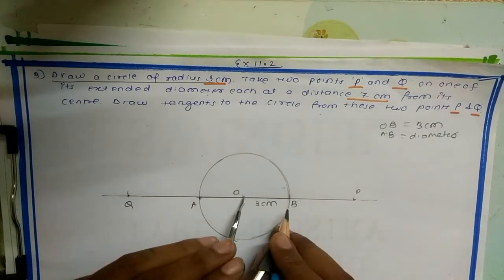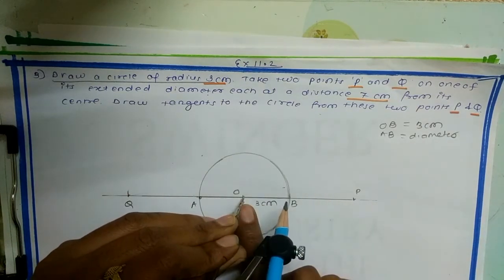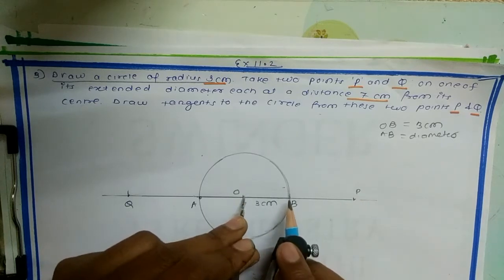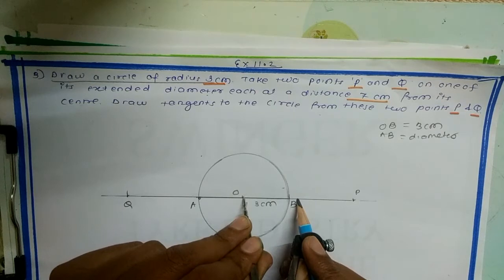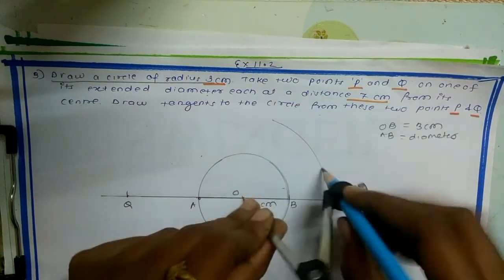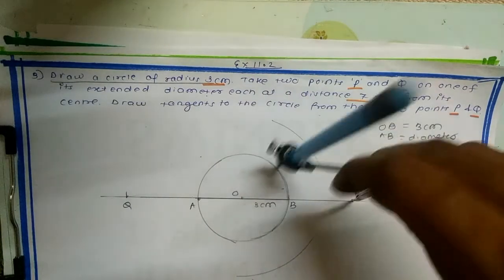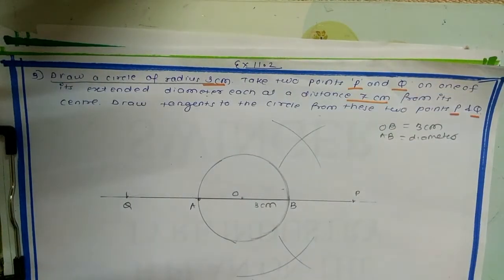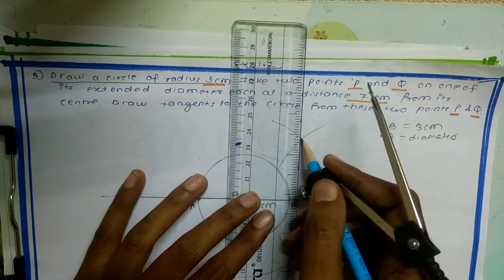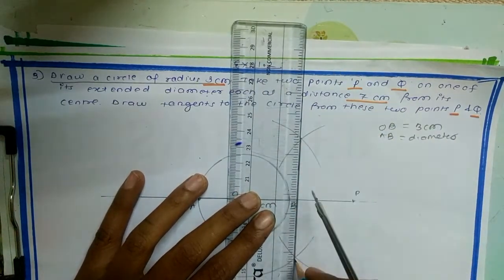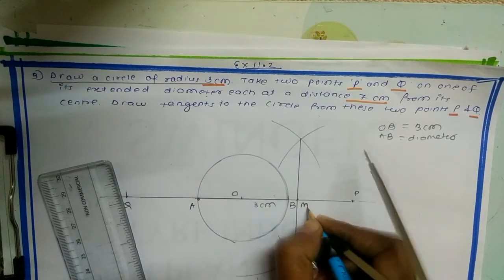So let us start. First I'll draw the tangent from point P. OP is the line joining the center and the external point. So we have to make the perpendicular bisector of OP, taking half, more than half. Keep the compass at P with the same radius, more than half. Now join these 2 points of intersection of these 2 arcs, and this will give the midpoint of OP. So name this as M.